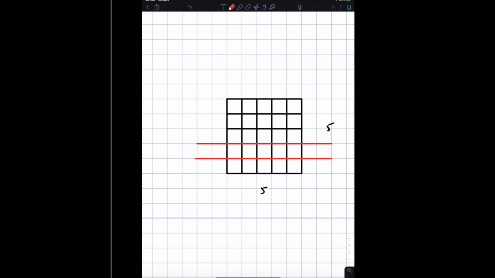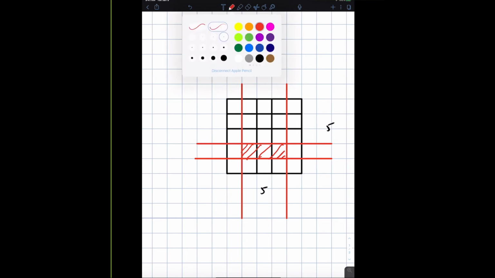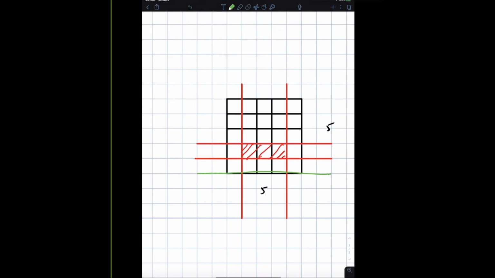And I'll draw this line over here, this one and this one. And now you can see that I actually have a rectangle right here. So there is a rectangle right there, and I have to figure out exactly how many rectangles I can create this way. Now, what I want you to notice is that in a 5 by 5 grid, there are exactly